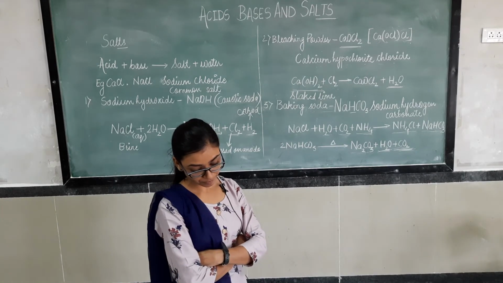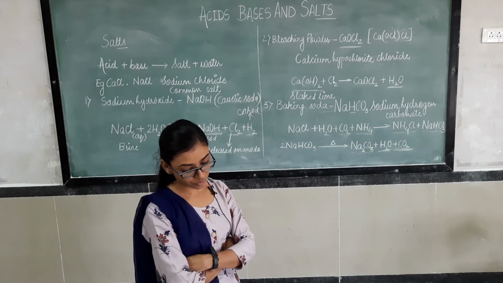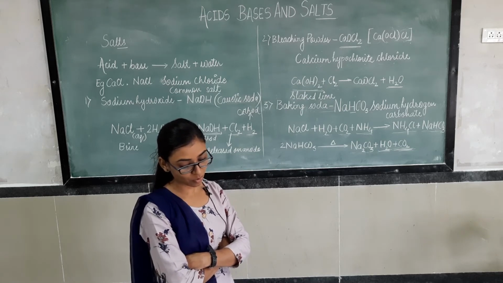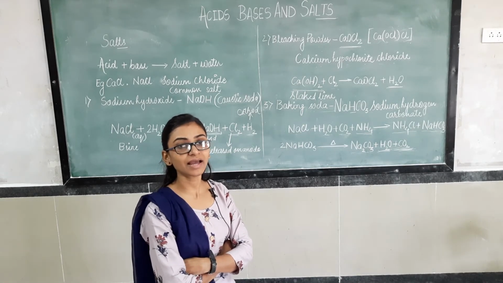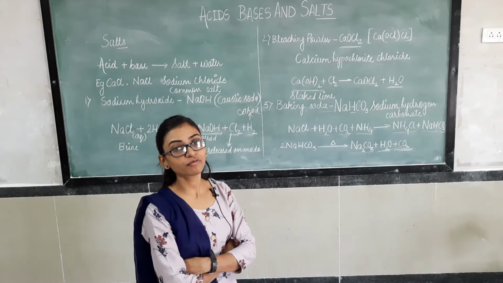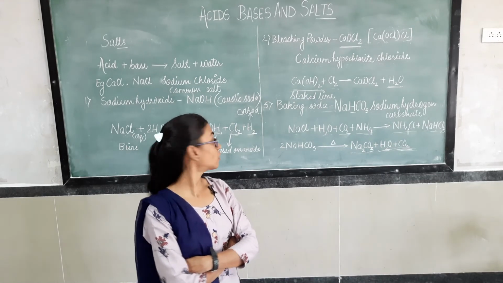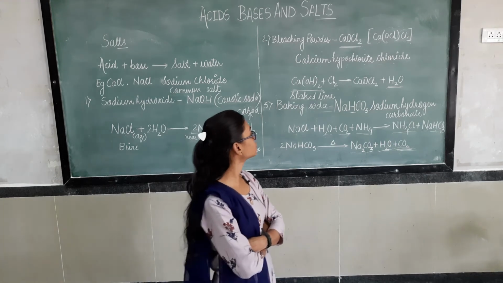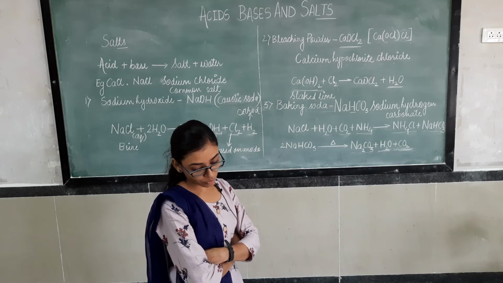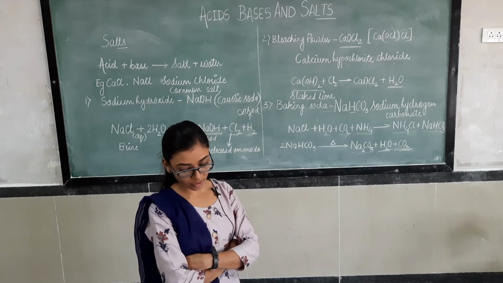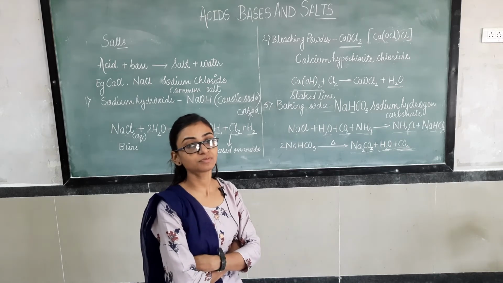For making baking powder, baking soda is also used. Baking powder is a mixture of baking soda plus tartaric acid, meaning the combination of a weak acid and baking soda is baking powder. So baking soda is used in the manufacturing of baking powder. What is the use of baking powder here? Baking powder is used in breads and cakes to make them soft and spongy.